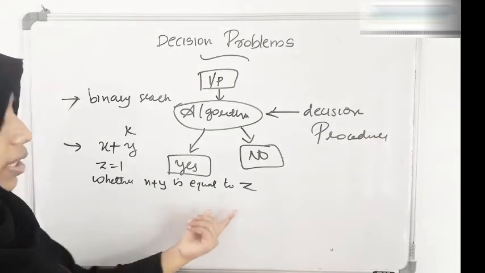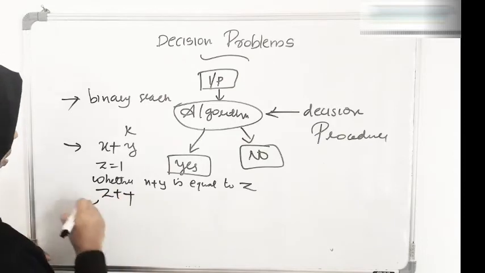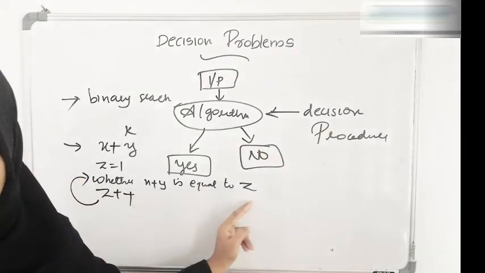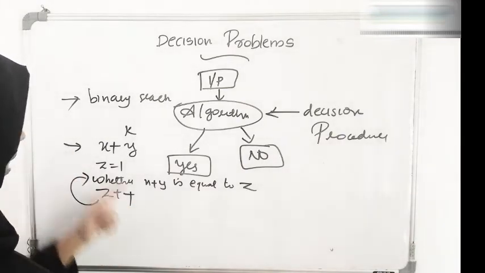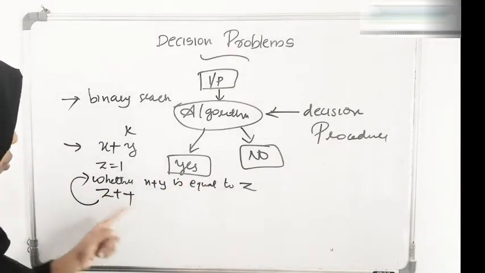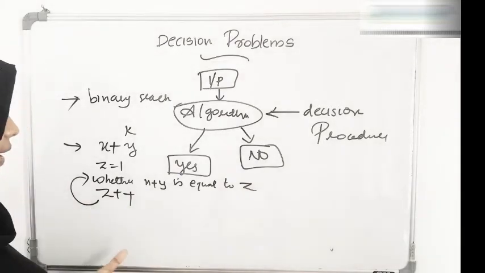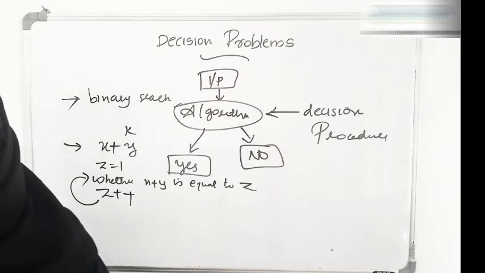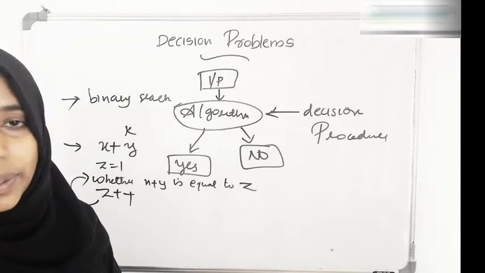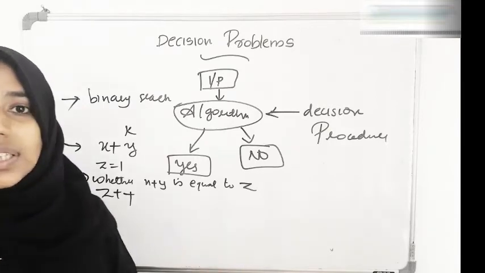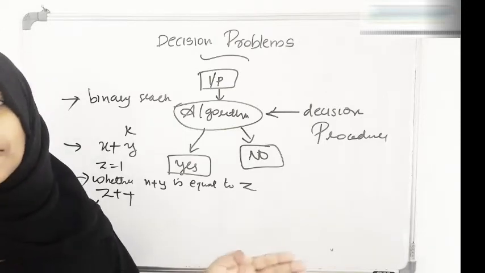If x plus y is not equal to z, you increment z. Now again you ask whether x plus y is equal to z. If not, you increment z. Then ask the same question again. If it is not, you increment z. Now at the end, in z you will have the sum of x plus y, and we have converted this question into a decision problem, isn't it? That is what I told: all the problems can be converted to a decision problem with roughly equal complexity.